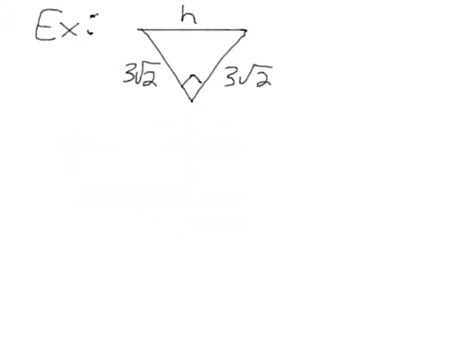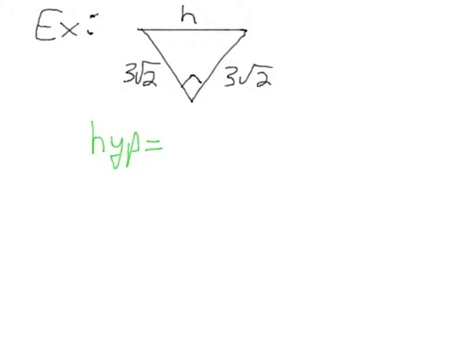Okay, so this is a little bit more complicated problem than the last one. I want to find h again, but what makes it a little bit more complex is that I've got this 3 times the square root of 2 over here instead of 8s. 8s were pretty handy. This is a little bit more complex, but not too much. So I'm going to use that same formula. It says that the hypotenuse